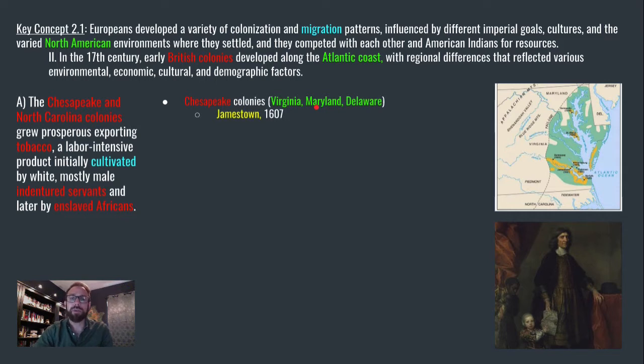All right, last presentation we talked a little bit about Jamestown, founded in 1607. The Virginia Company was the joint stock company that founded this. They got a charter from the British government to start an economic enterprise over there. So they had goals to be there more permanently, but at the same time, they were there to make a profit. They weren't there to start a new life with families and all that. It was taking young men over there in order to grow tobacco, reap it, bring it back, and make a profit off this new thing that was getting many people addicted to it back in Europe,